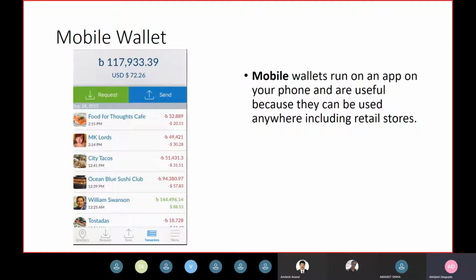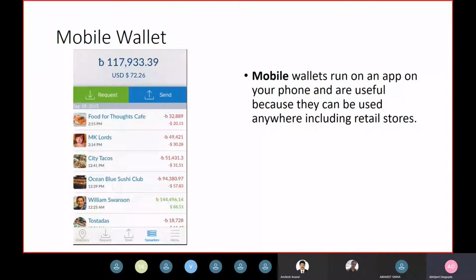The second type, which is more popular among mobile wallets, is similar to an online wallet, wherein your mobile app interacts with the server application using APIs to send and receive transactions and store and receive addresses and all those things. And it is pretty much similar in terms of security to an online wallet.